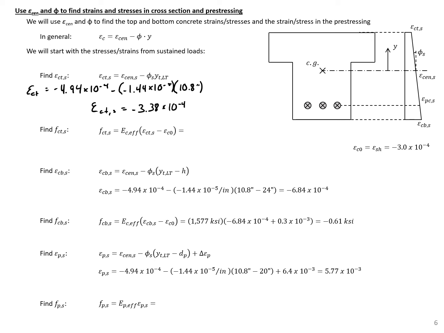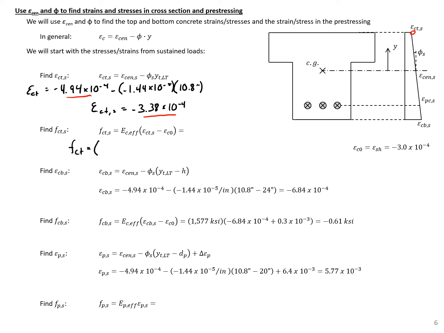And we thought that we would have a smaller compression at the top than the bottom, so we can compare this strain to the strain at the centroid and make sure that we're less here. So we are, so we know that we have our signs correct. So then to find the stress at this point at the top,